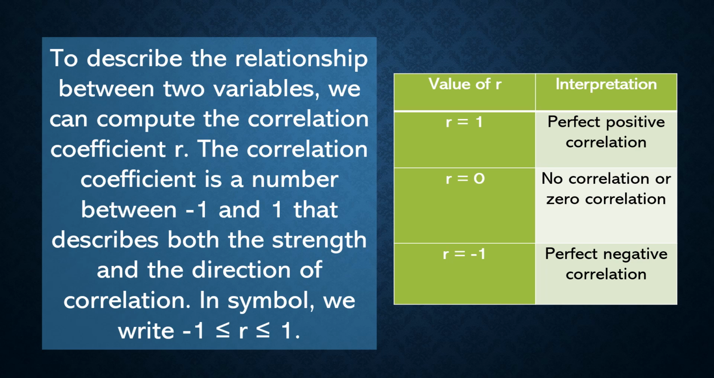I already discussed to you why there is a positive and a negative correlation. There will be positive correlation if, as the value of x increases, the value of y also increases. However, there will be negative correlation if, as the value of x increases, the value of y decreases. Let us now